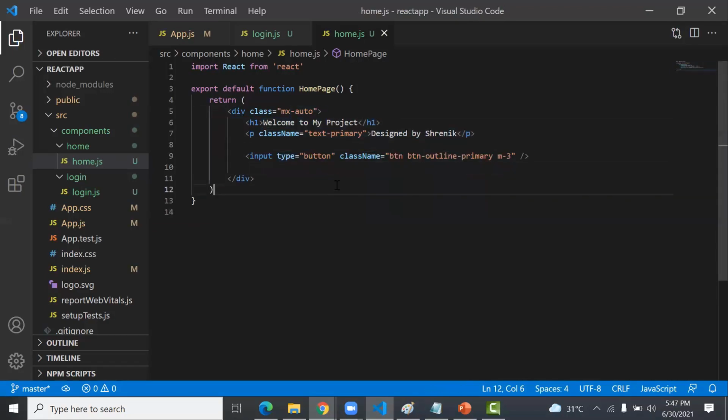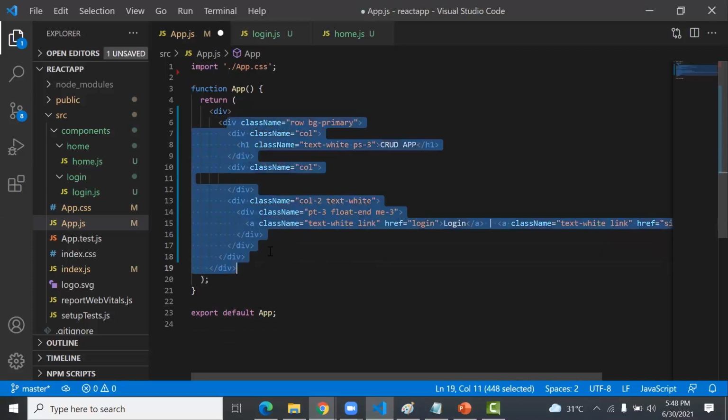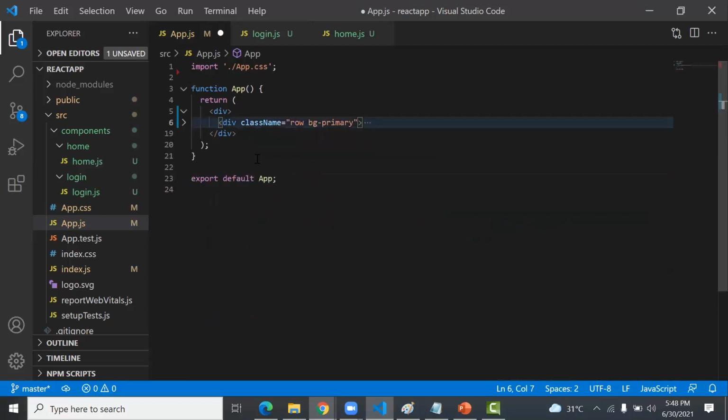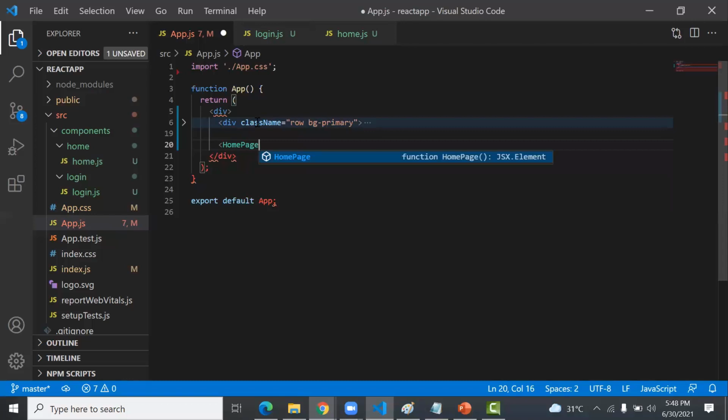Now this component I want to show on the page. So now this is my home page, and to show this home page in the app, I first type here, this is the section. So this section is what I want to show to the user. Okay, so after completing this part, here I want to load the homepage component.